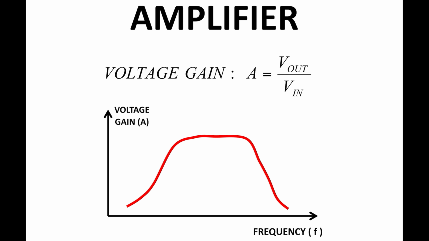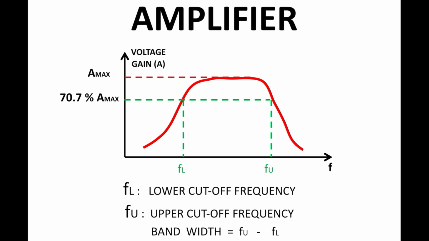The graph shows that with increase in frequency, firstly the gain increases, then remains almost constant for a particular range of frequencies, and after that gain starts decreasing. The constant value of gain is the maximum voltage gain of the amplifier,